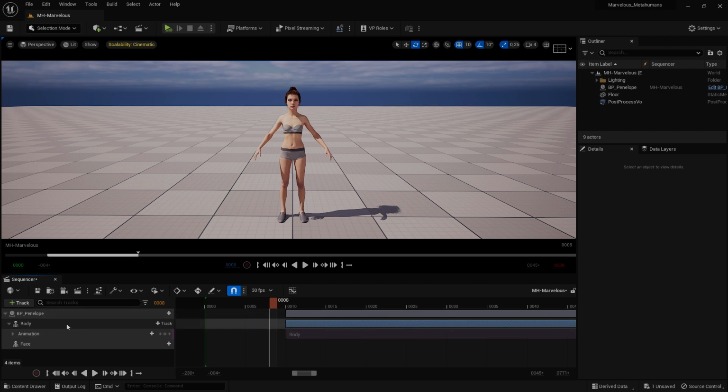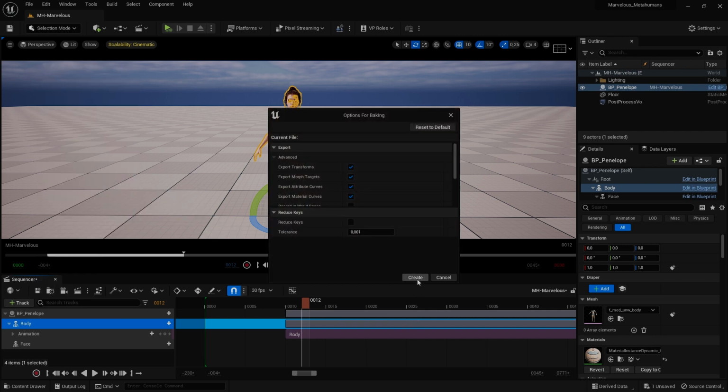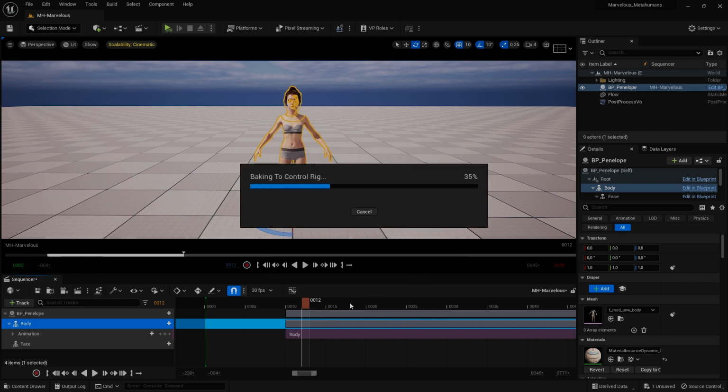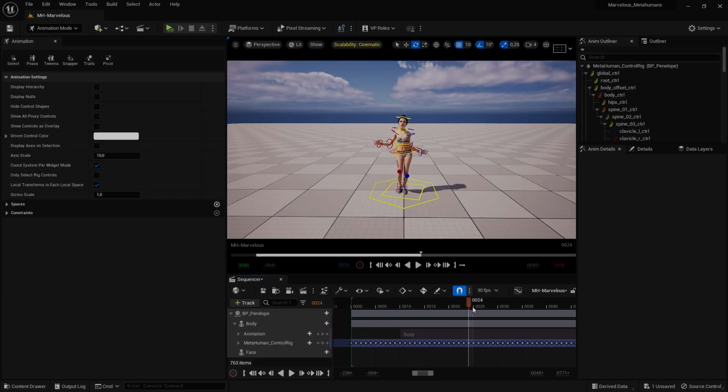And then once you did that, click on the body, right click, bake to control rig, MetaHuman control rig, create. Now your MetaHuman stance is on the control board.